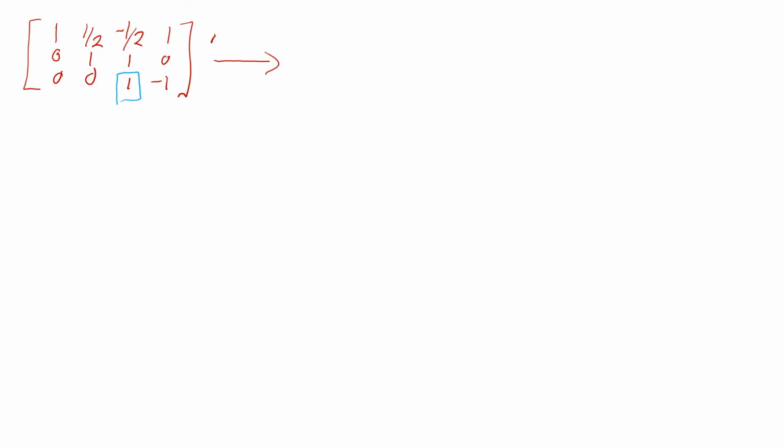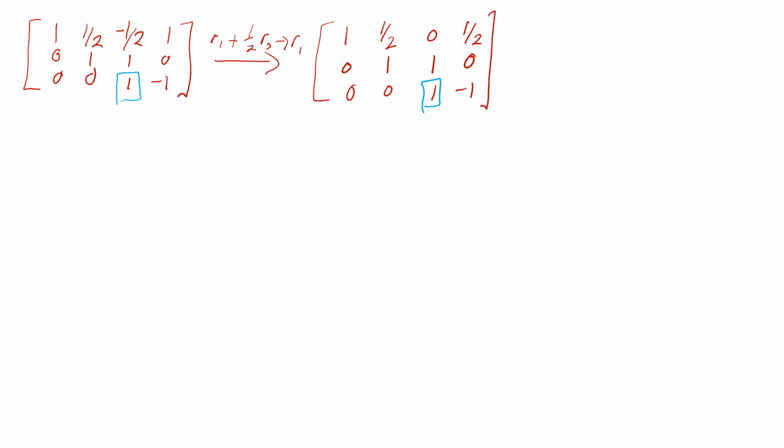Well, let's take row 1 plus 1/2 row 3 is the new row 1, and we get 1, 1/2, 0, 1/2. Our second and third rows stay the same. Let's continue with that. We have one more non-zero entry above that